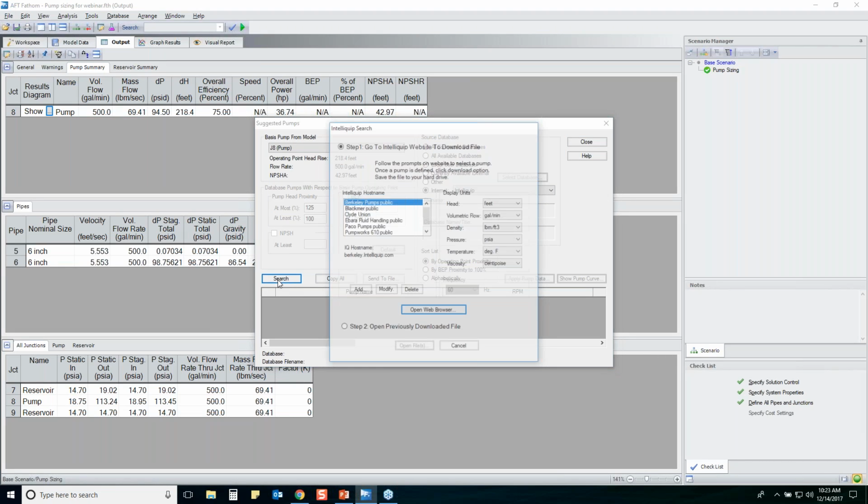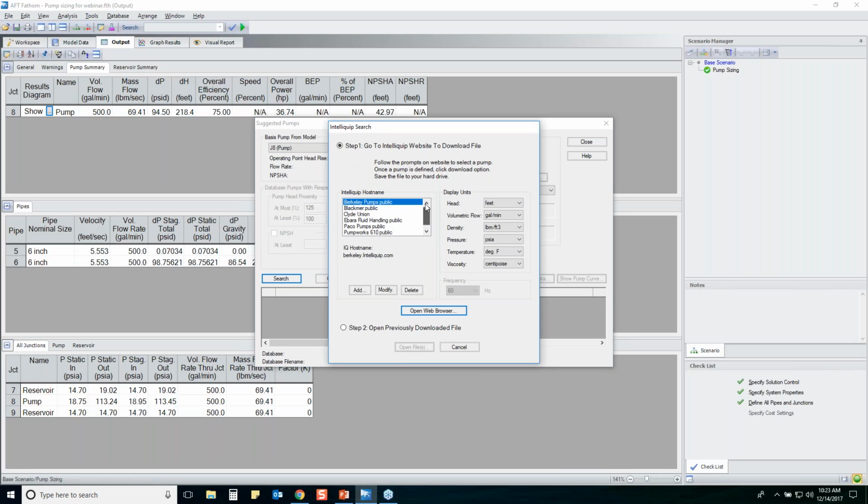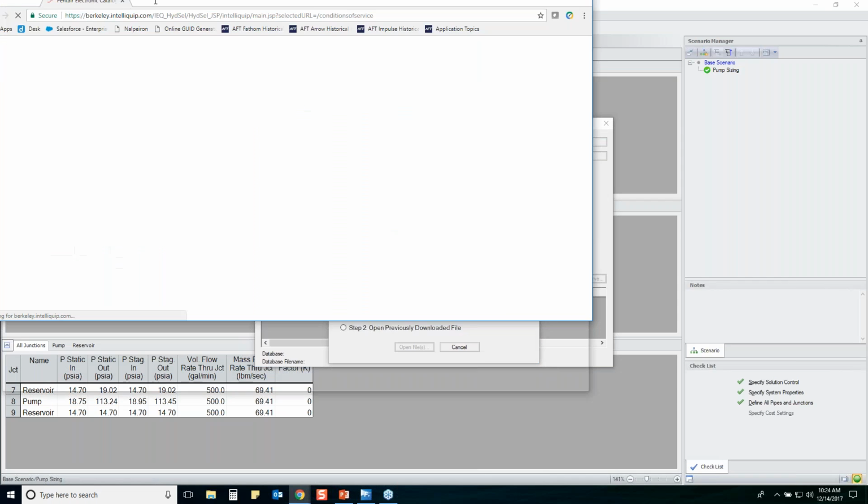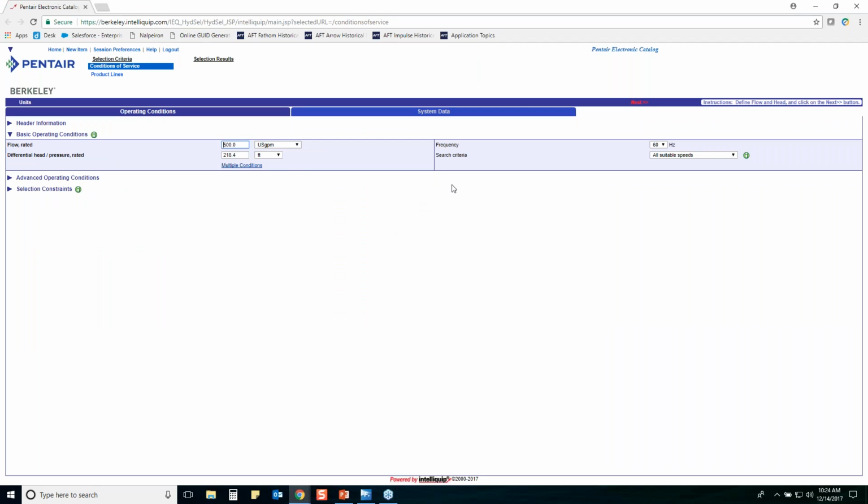So I click on search, and these are the list of vendors that make their pump catalogs on their website available publicly for free. IntelliQuip works with about 30 different pump vendors, and if you subscribe to their pump vendors, then you can easily add those manufacturers to this list, and you type in your login credentials and whatnot. And so to keep things simple, I'm just going to choose the top one here, and I'm going to open a web browser, and this is where it'll take you through the process of finding a pump that will meet